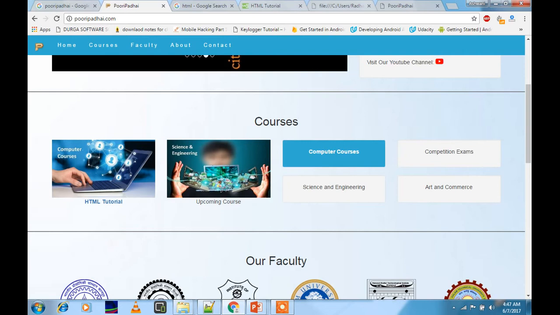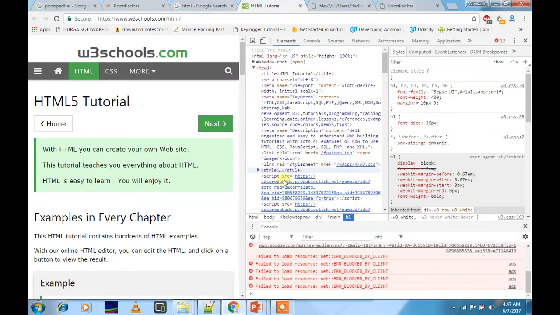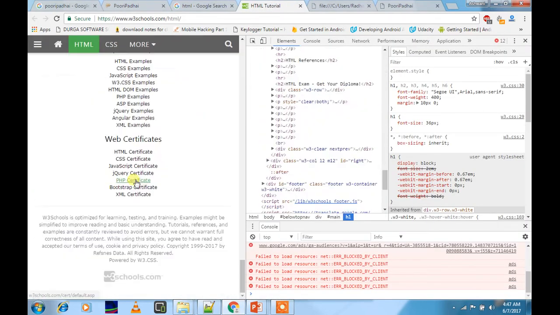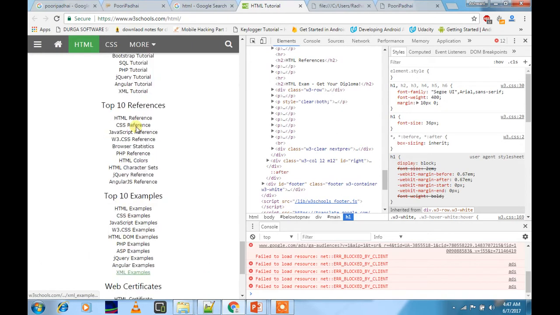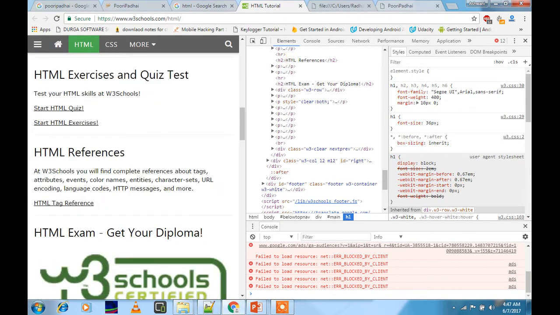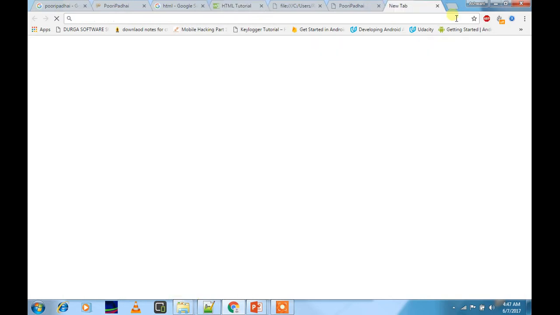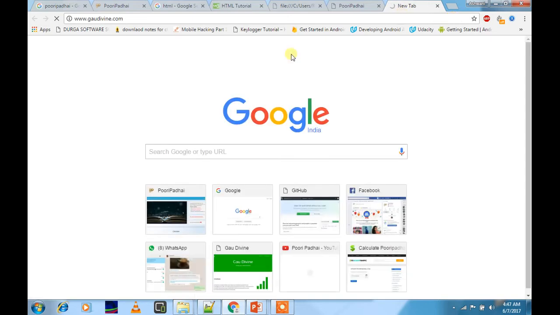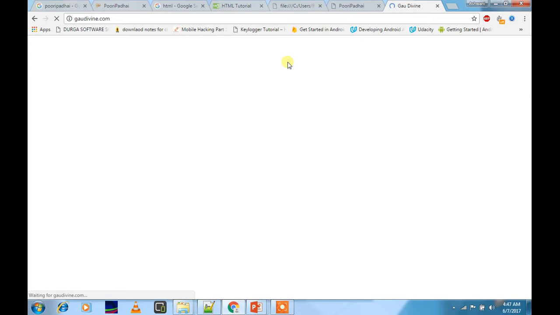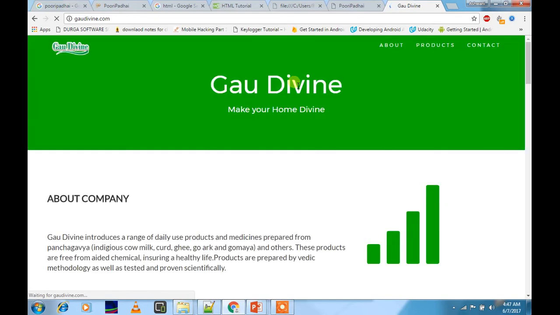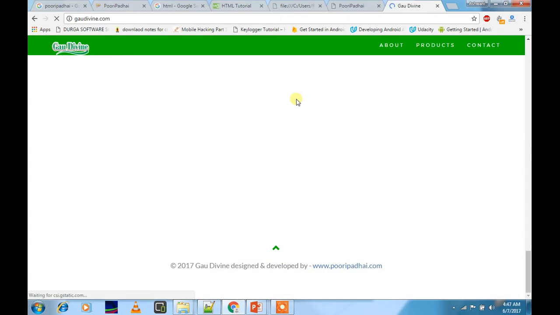Or if you visit some other website, I think in these websites the copyright symbol is not there, but I know some website where copyright symbols are there. For example, there is one website godivine.com. In this, I think the copyright symbol must be present, so that I can make you understand practically that yes, in the market programmers use copyright symbols. Yeah, here it is, the copyright symbol.